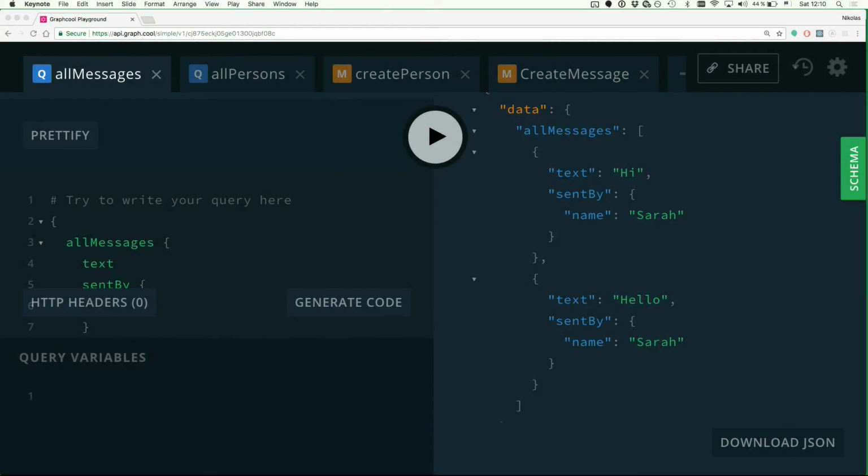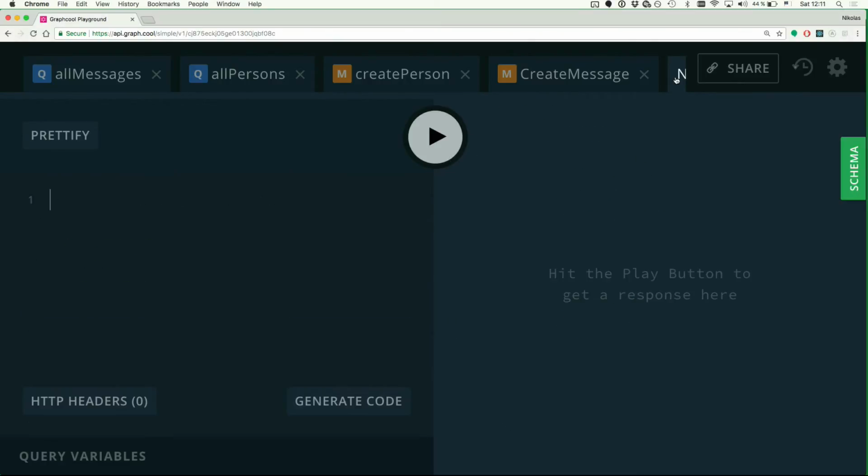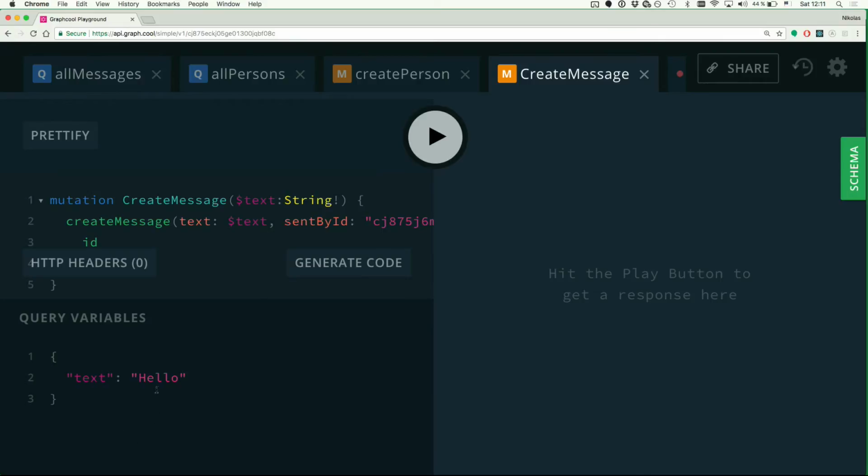Let's also see how this works in a playground, because you can also test your subscriptions inside a playground. So here I'm going to create a new tab again. And I'll use the same subscription that we saw on the slide. I'll click the play button. And rather than seeing the response right away, we just see this loading indicator, because we're now waiting for the events to happen. And if I go and create another message, as we did before,